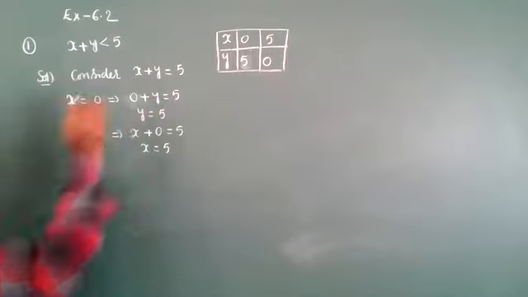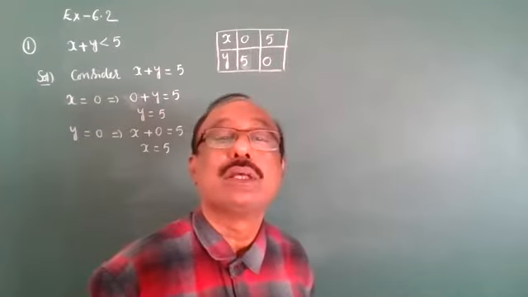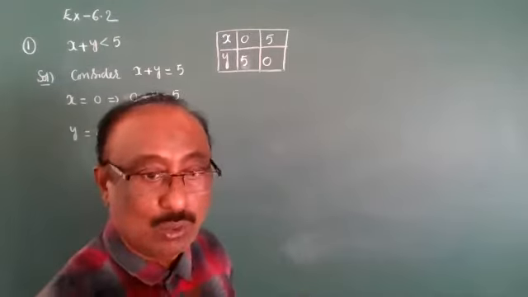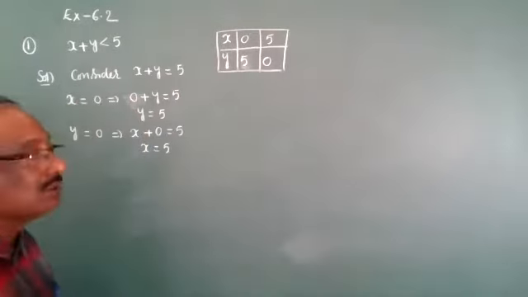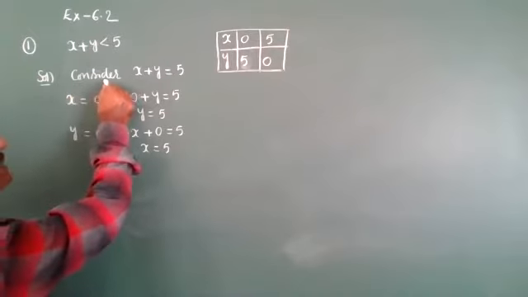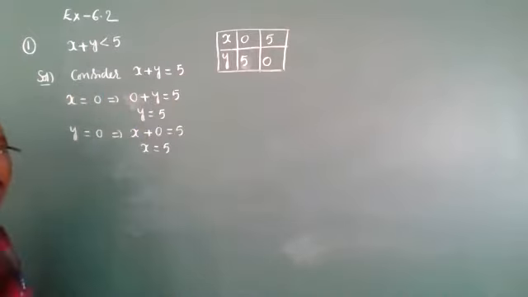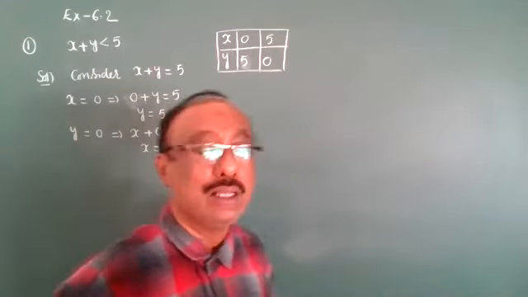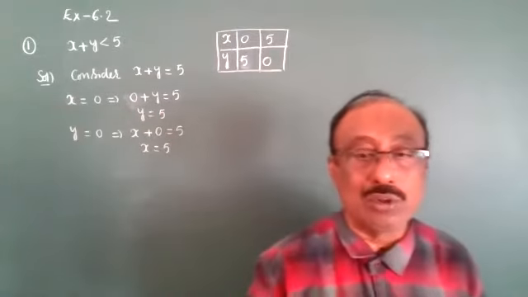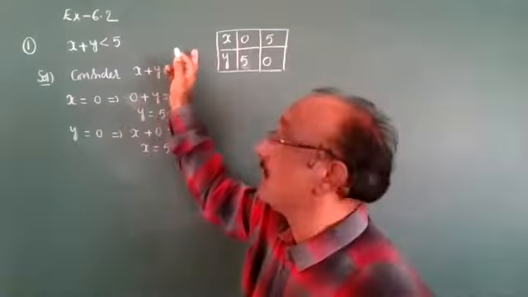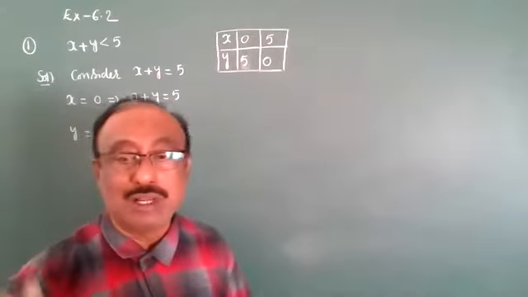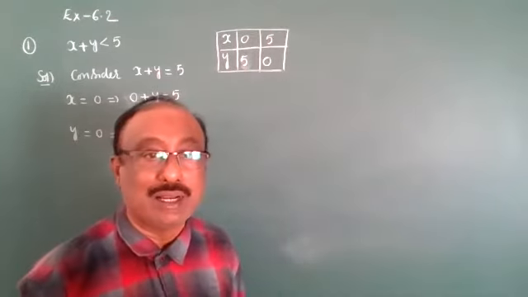First, everyone write down this step: consider x plus y is equal to 5. Sir, we have to make these in graph books? Draw on the notes only, with the pencil. Next, x is equal to 0, find out the y value. Y is equal to 0, find out the x value. Draw the table. Only two values are sufficient for us. Is it clear, everyone?